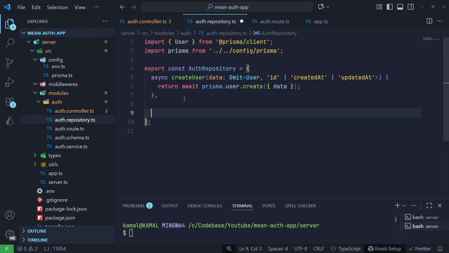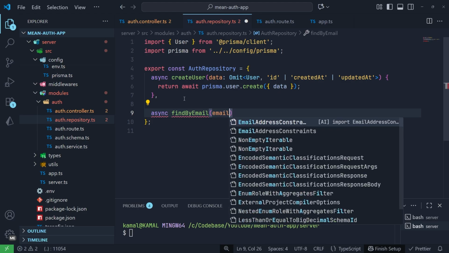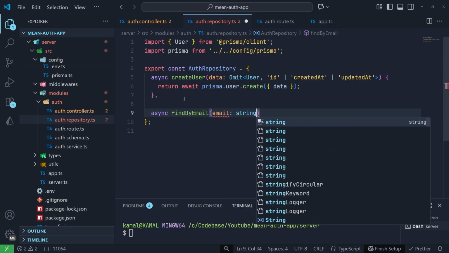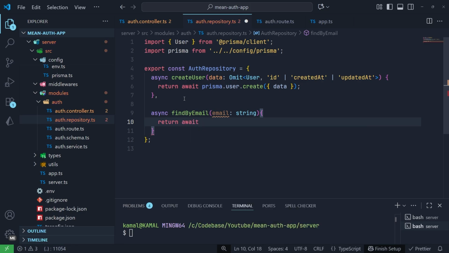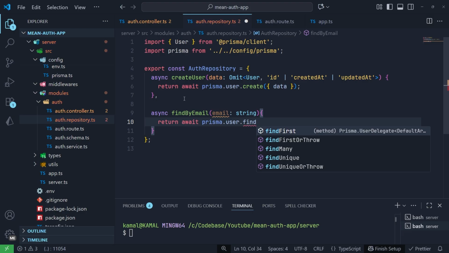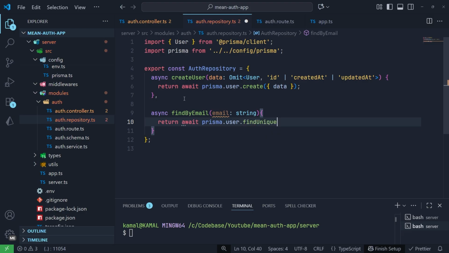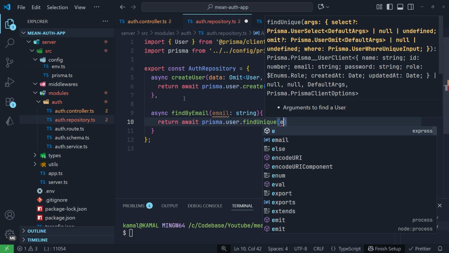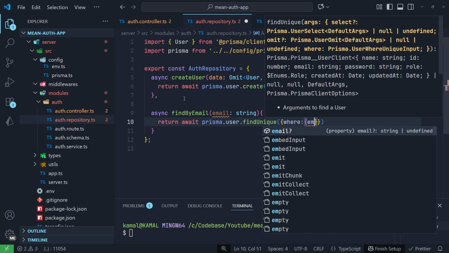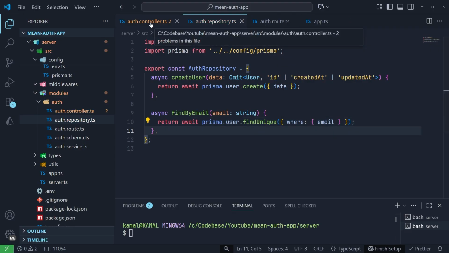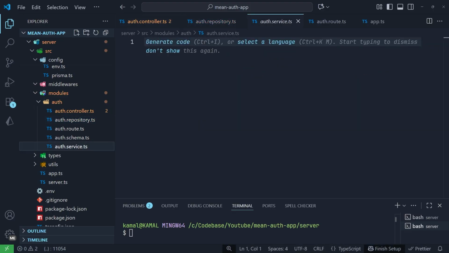Now one more method, async findByEmail. Await prisma.user.findUnique via email. So now in the service.ts file,